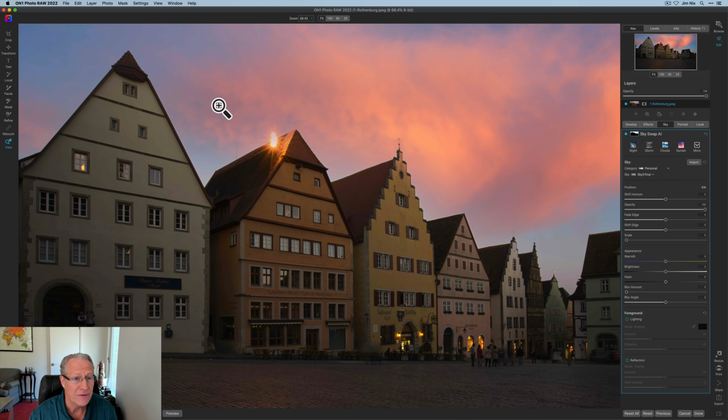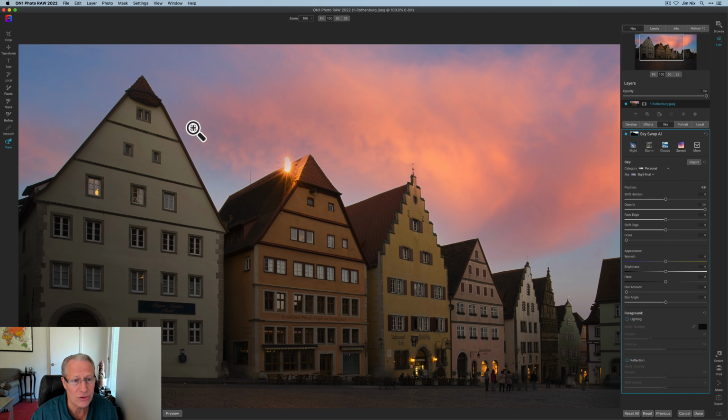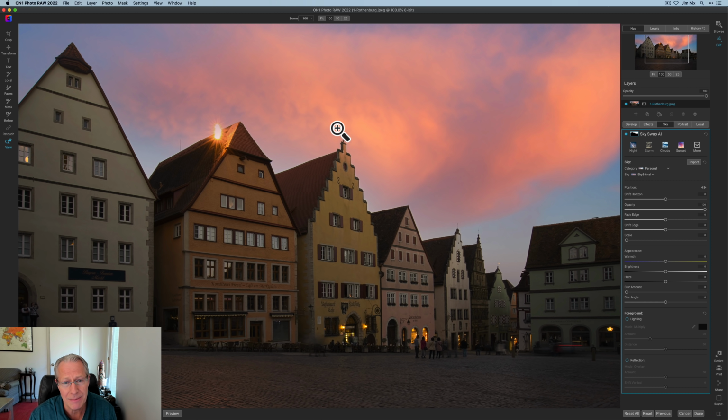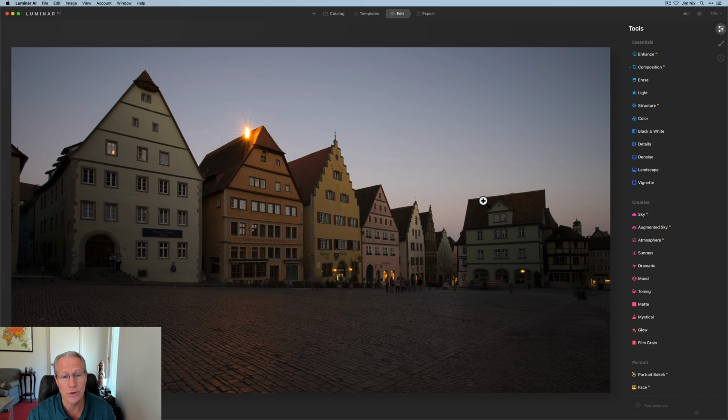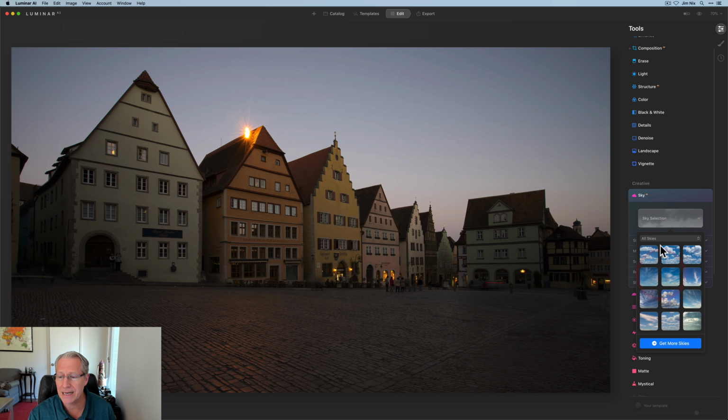If you look around the edges here, it looks fine. It actually did a really good job. It's a little bit light around that spire on the top of that building, but honestly, that's a pretty good implementation. If I do the same thing in Luminar and go grab that exact same sky and stick that on there,